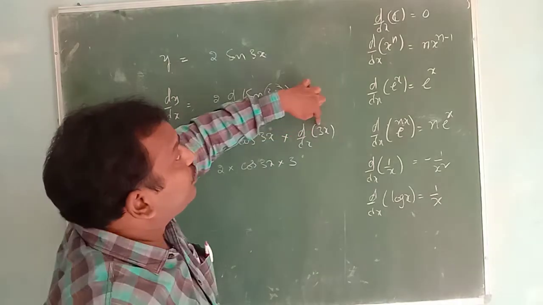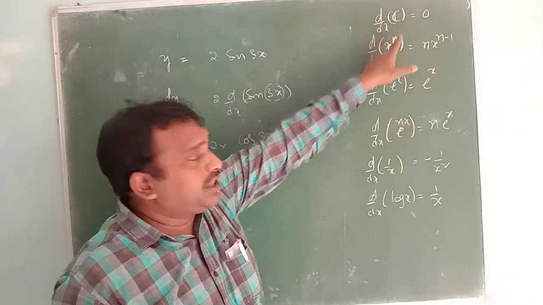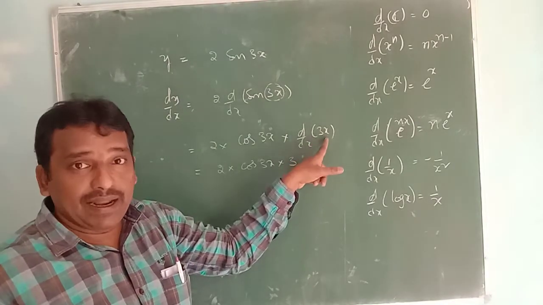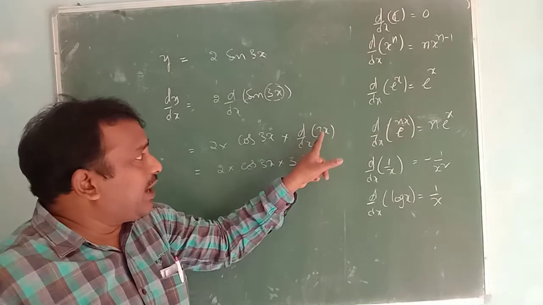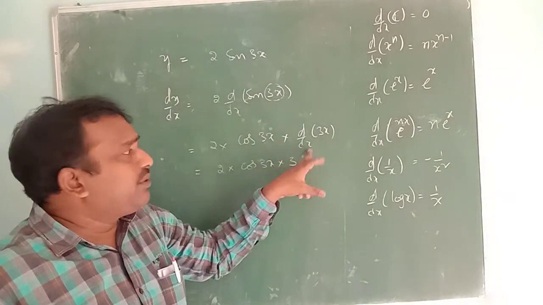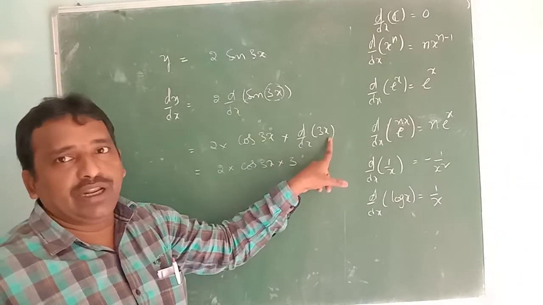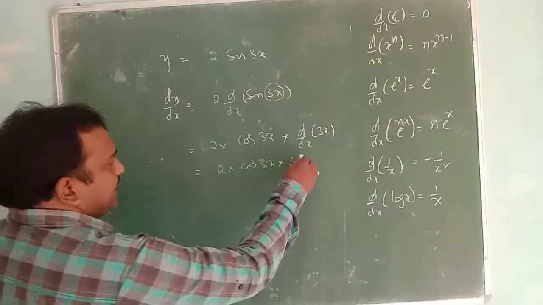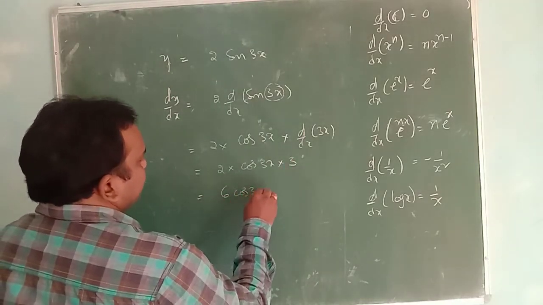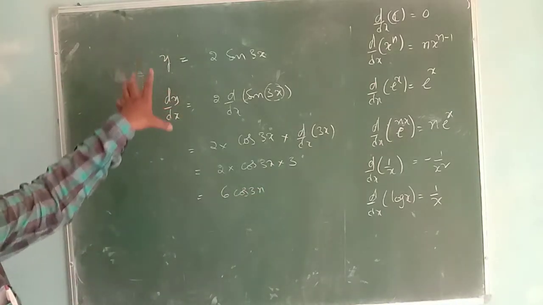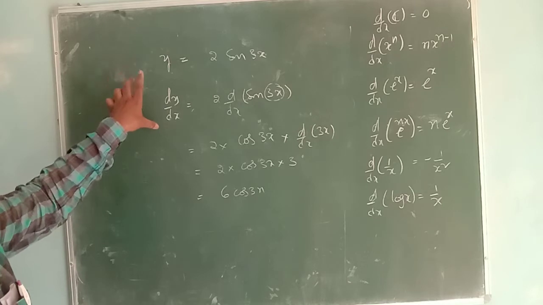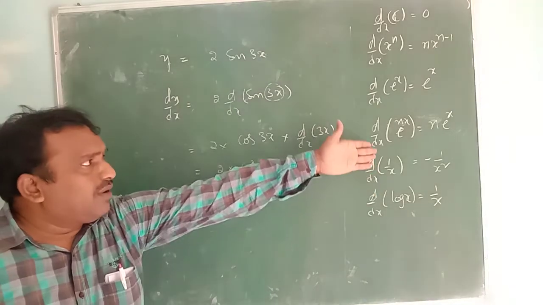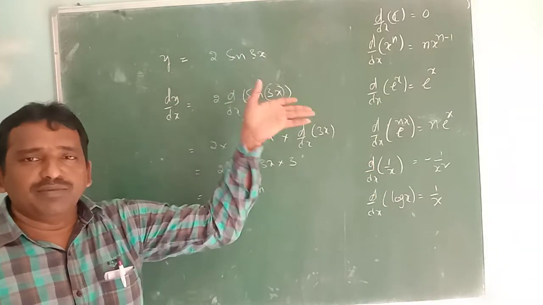See here, sir, you told me that the derivative of a constant is equals to 0. Then why are you taking here 3x differentiation as 3? Here 3 is multiplying. Whenever the multiplication is there, you have to take it outside of the derivative and differentiate with respect to x only. That variable only you have to differentiate. Then what you will get is 3. That is equals to 6 into cos 3x. In a similar way, the problems which are related to cos, tan, cot, secant, log, 1 by x, all these problems you can solve.